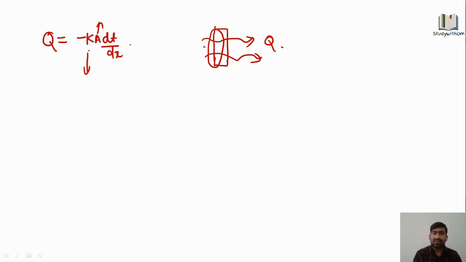So but here we are not going to calculate the area, because to calculate area we should have two dimension values, but here only thickness is given, that is L is given as 45 millimeter, but this height is not given. That is why the question is asking heat transfer per unit area, that is Q upon A. So we are going to calculate Q upon A according to the values which are already given in the question.